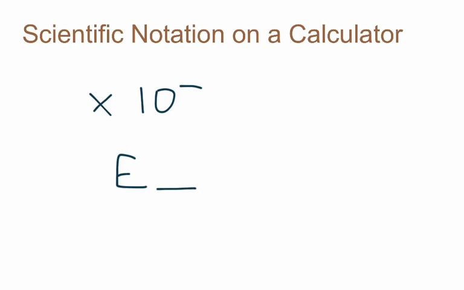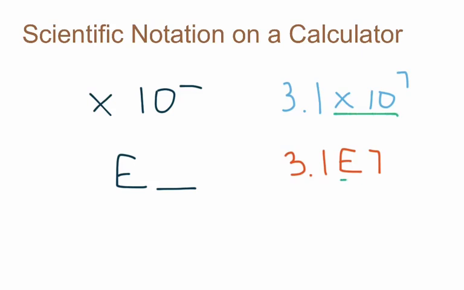Okay? So for example, if you have the number 3.1 times 10 to the 7th, and that number is given to you in answer form on a calculator, it's going to be 3.1 E7. Okay? That's the only thing there is. So instead of using times 10, they use E. So if you're punching in some numbers in your calculator and you get a very big number, that looks like